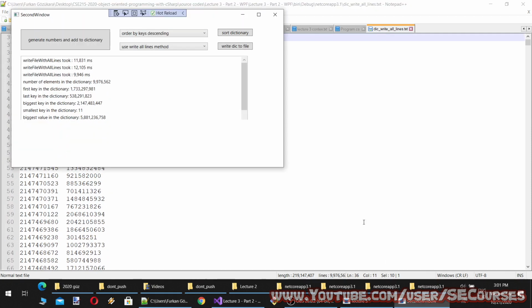Then I'm going to order by values ascending. I'm going to sort it first. Let's see whether sorting by values takes a different amount of time or not. Okay, it took almost the same, and I'm going to write to file.